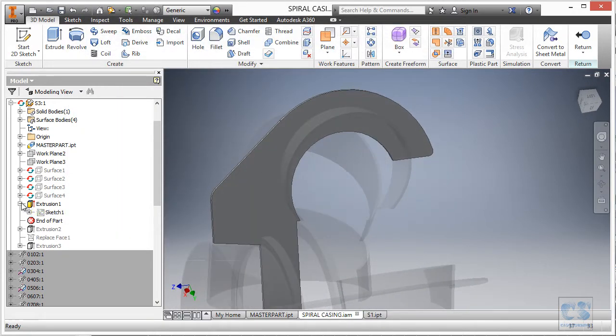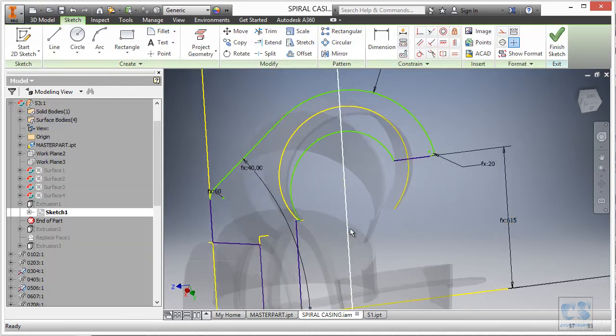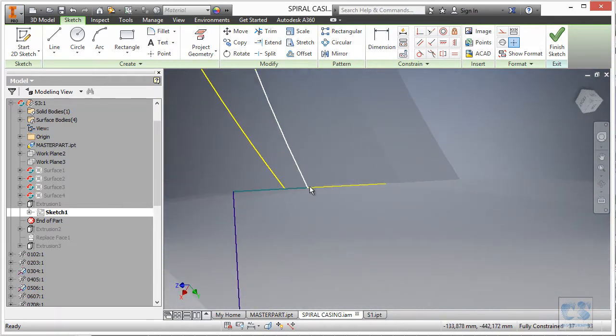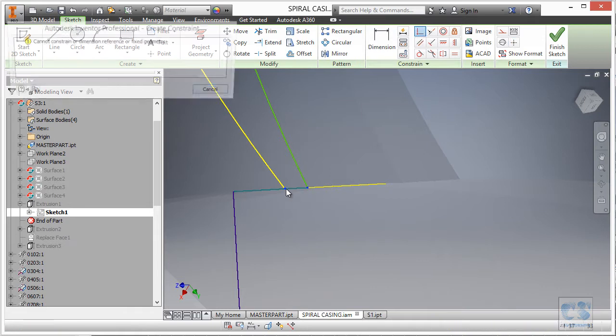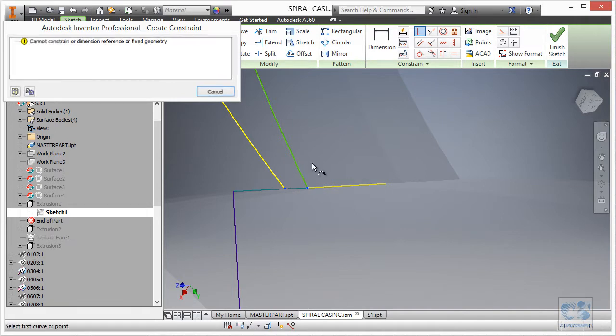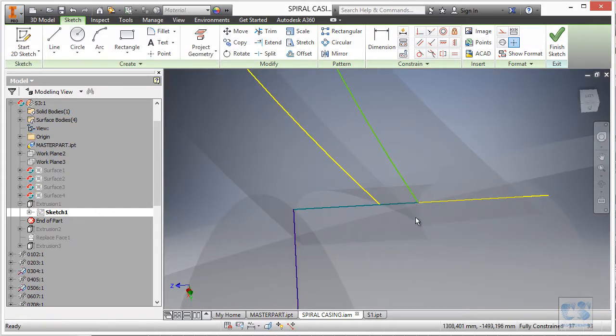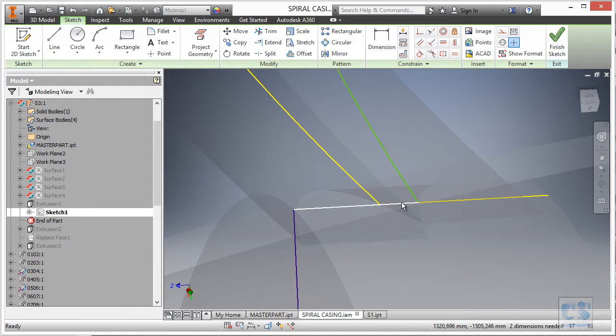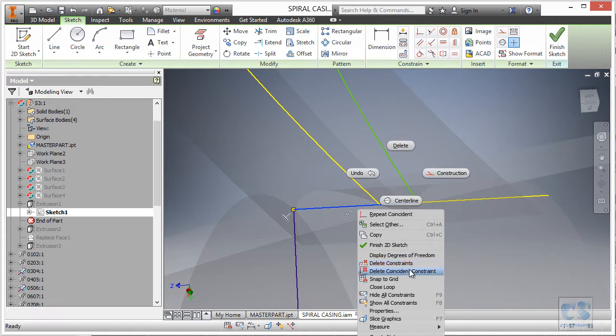Okay, now we are going to edit this sketch, and as you can see, it is not looking good. First clue here, we can see that these two endpoints are no longer connected. We can try to recreate the coincident constraints, and as you can see, we have this error message. Second clue, the color of this line. The dark green indicates that something is not up to date. I am going to remove the constraints on both the arc and the line, and you will see what I mean. This one also, delete coincident constraint,